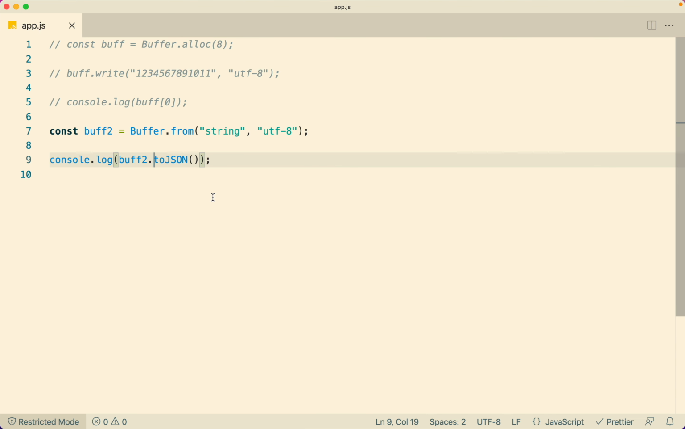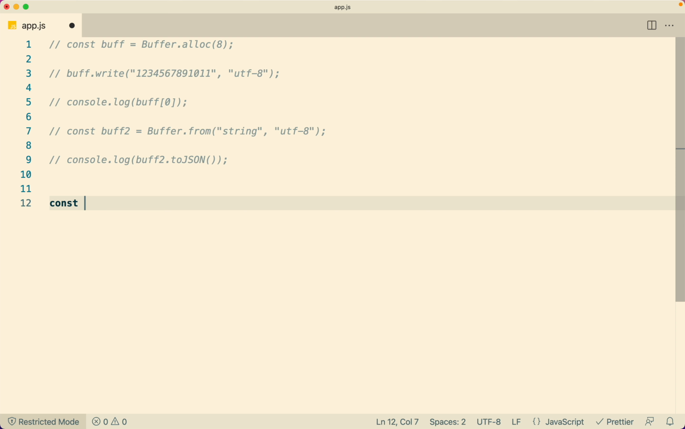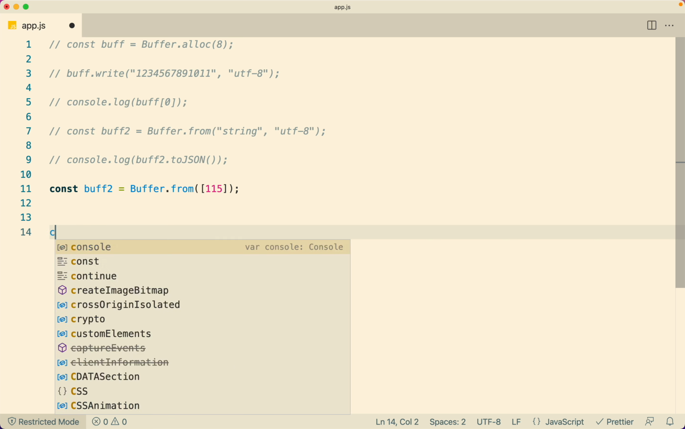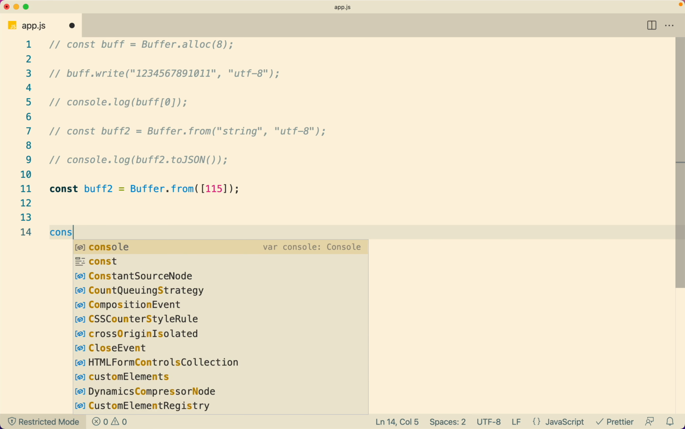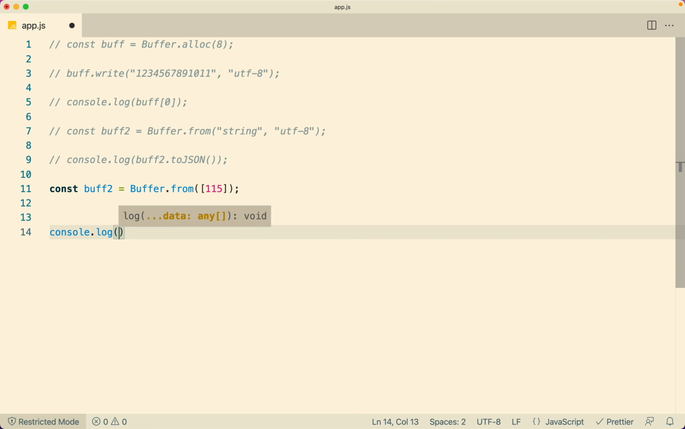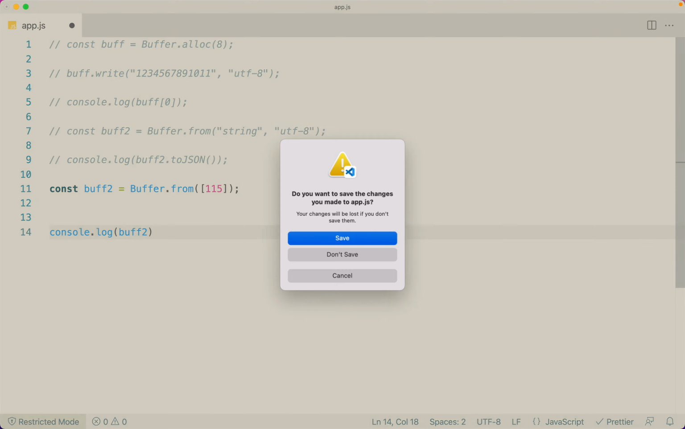Now, another thing that we can do is to do it the other way around, meaning to write the exact sequence of bytes on the buffer instead of doing encoding and things like that. So buff3 equals Buffer.from, and here I'm going to specify an array of those numbers, so 115. And if I now go ahead and log this, so console.log(buff3),